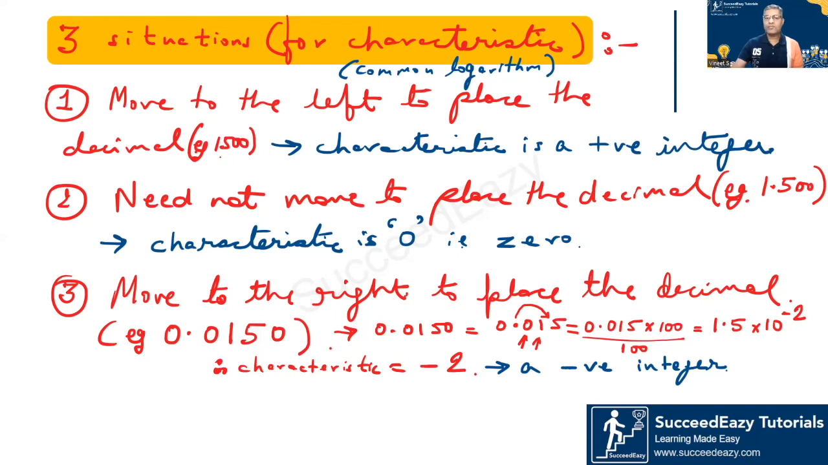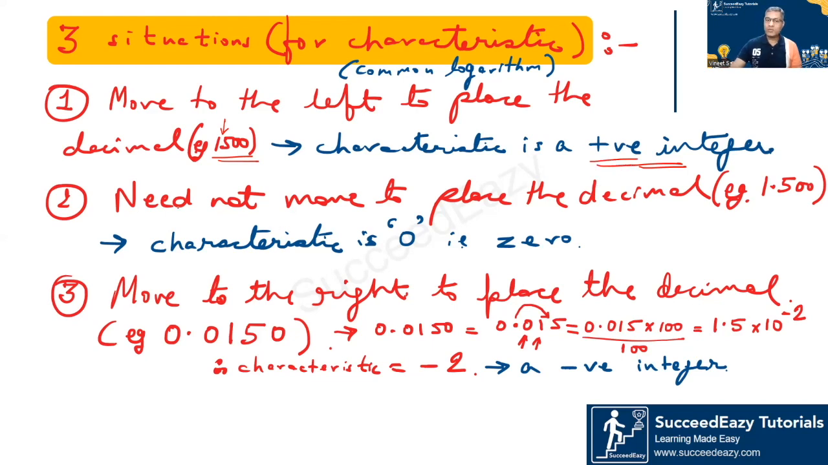Example, in 1500, which is a positive number, you had to move to the left to place the decimal. Because you wanted the decimal after 1, after the first significant digit, to put it in scientific notation, right? In that case, we saw that the characteristic is a positive integer. Why? Because you divided it by 10 to the power something, and then you multiplied it by 10 to the power something, so that the power of 10 was positive,